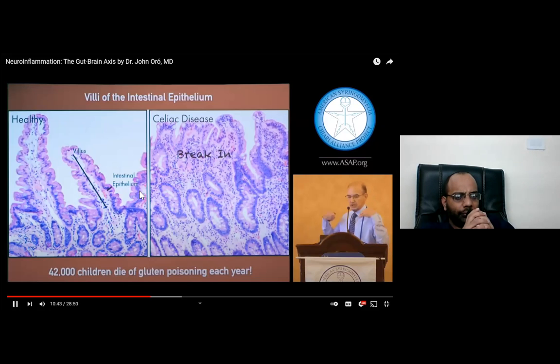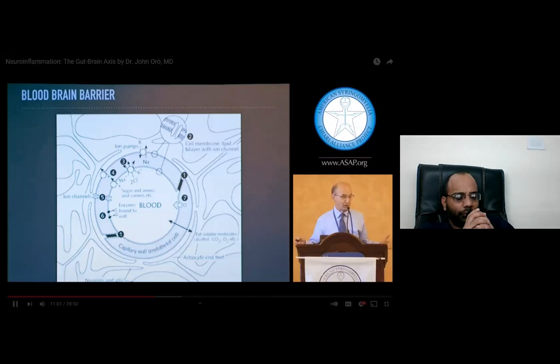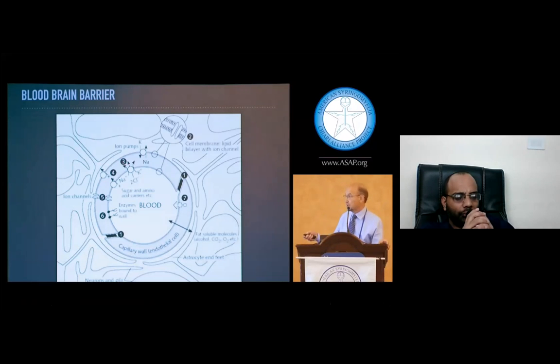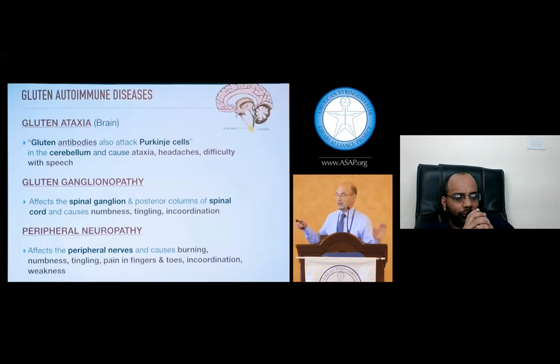Those inflammatory cells are having to be produced. They're trying to block the insult, but 42,000 children still die each year from this disorder, break-in of gluten into our gut. But fortunately, we have a so-called blood-brain barrier. And so it's not going to get into the brain, right? Well, unfortunately, they have tight junctions, and there are ways now that that stuff is breaking into the brain, in particular through weak lectin. And there are others in a book called Brain Maker that I need to review. But here's the nitty gritty.